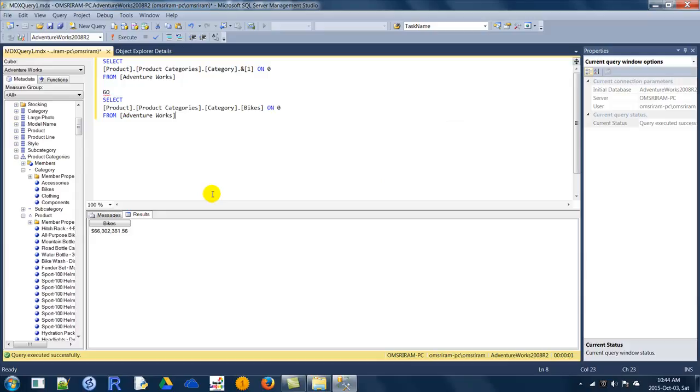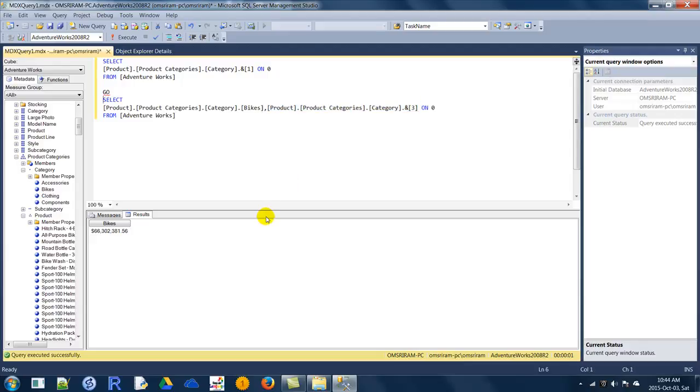So now, fine. Now you want multiple members. You just saw how to specify an individual member, right? Earlier we looked at how to return a set of members. If you recall, there were a total of four product categories here, and now if you combine two or three, how can that be possible? Okay, so what we'll do is, I want bikes and I want clothing.